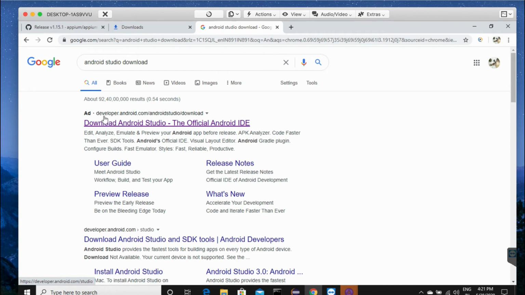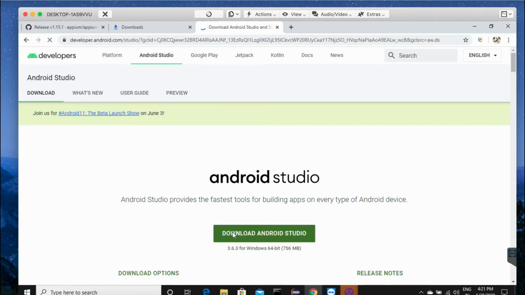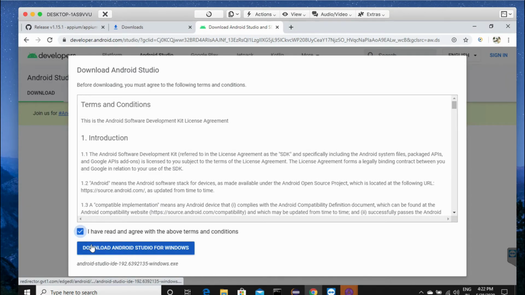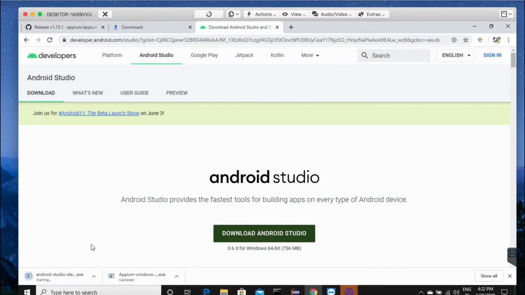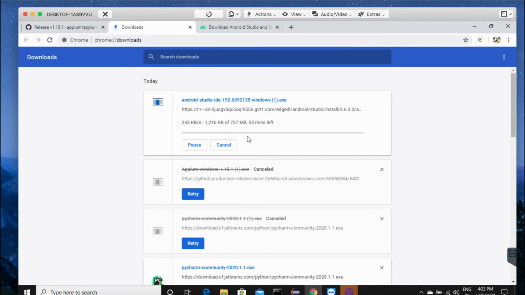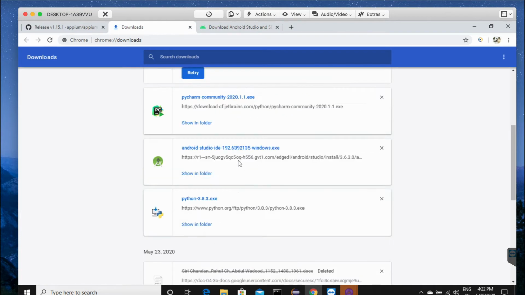See here, developer.android.com is there, right? We need to click on this link and then click on download Android Studio. It will show the latest version here. Check this box and then click on this download. It will start downloading. I already have it downloaded, so I'm canceling this, and then after completion of the download